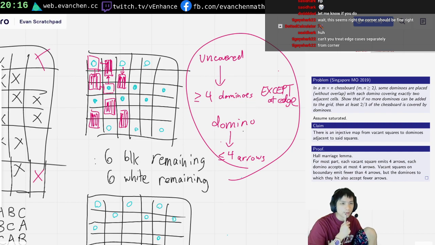Oh, okay, here. I think the corner is fine. Because when you have a corner, if both these arrows hit... well, they have to both hit. One of them has to... This domino is actually in a lot of trouble. This domino accepts at most 3 arrows. So you get a -2 penalty, and you can actually do that for the corner. Or maybe the arrows are confusing. But it should be okay. Basically what happens is, at most,